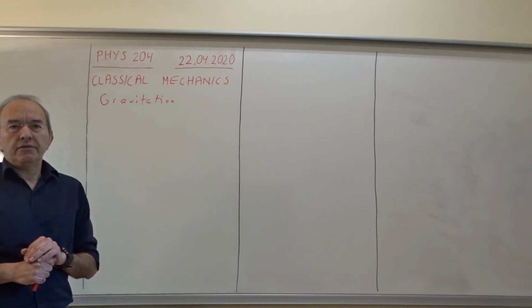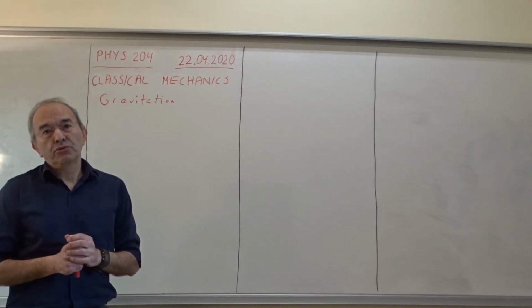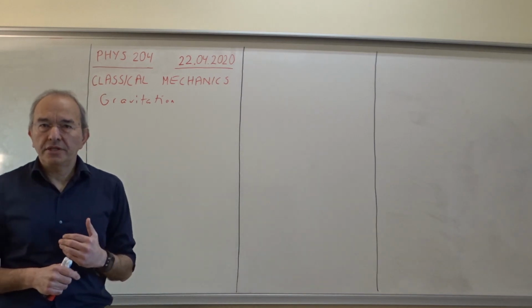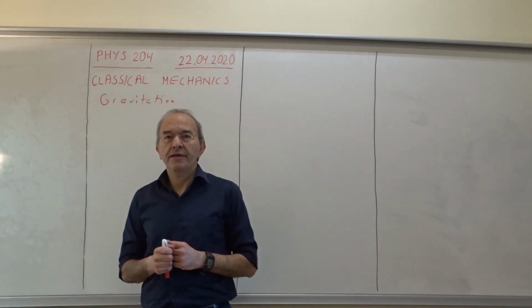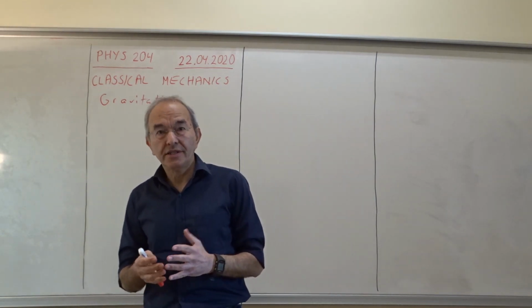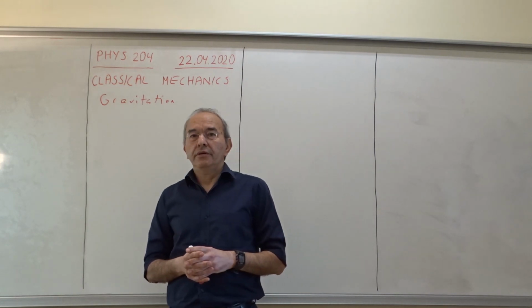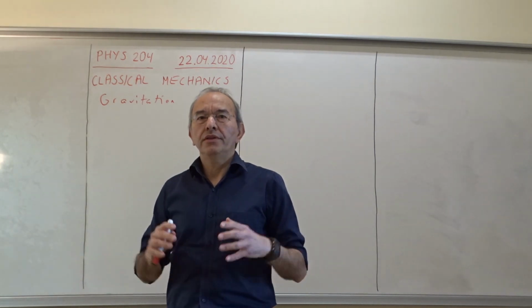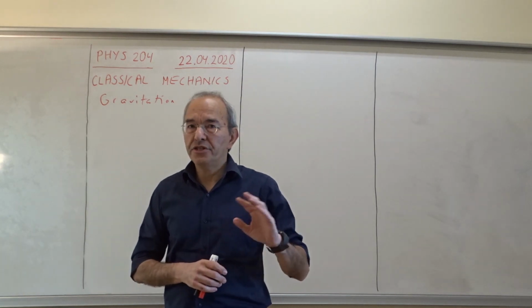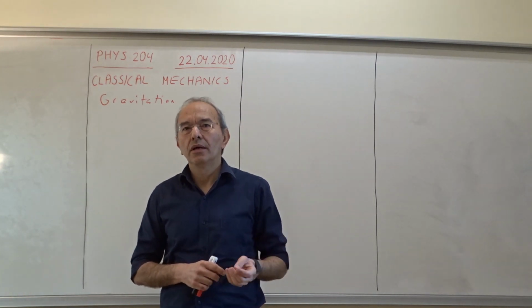Hi, today we will solve some examples on this important topic of gravitation, which, as we said in the previous lecture, was by far the weakest of the four types of interactions in nature. However, maybe the most important one on the macroscopic scale, because the other forces either are zero or very, very little, or